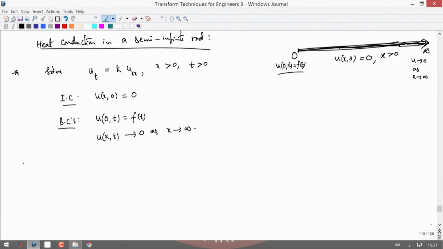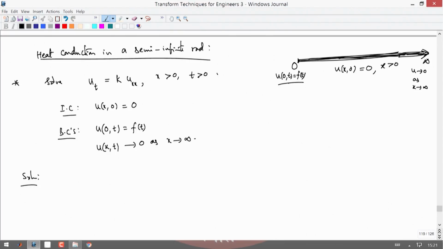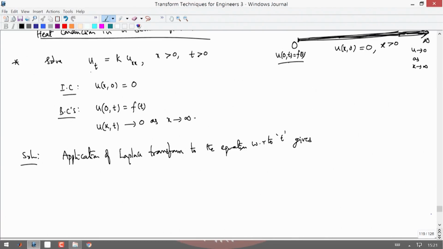So, if you want to get the solution out of this, as usual we apply the Laplace transform for the t variable. Application of the Laplace transform to the equation with respect to t gives, what it gives, since you are doing it with respect to t,